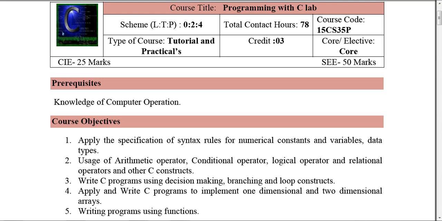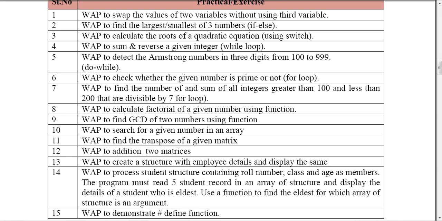Apply and write C programs to implement one-dimensional and two-dimensional arrays, and also writing programs using functions. So in this series we have 15 experiments, and here we are writing the C programs for each of these